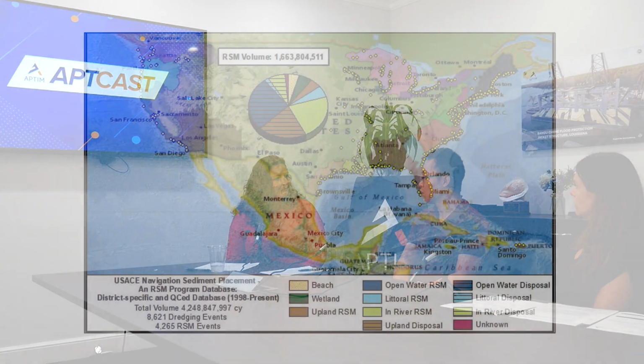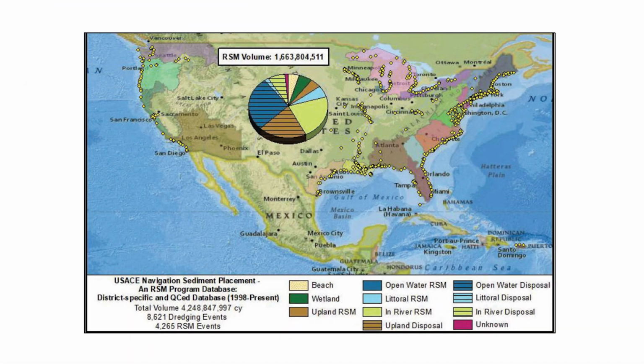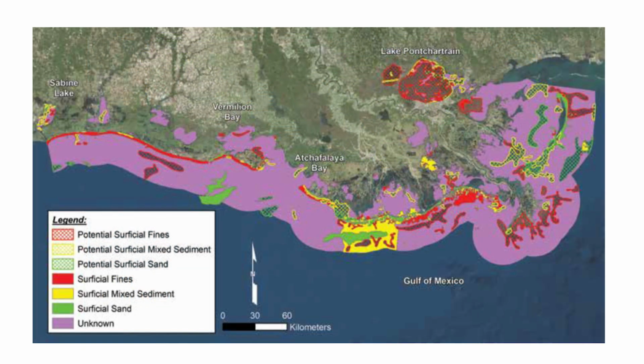So we want to either place the sand on the beach or place the sand in restored habitats. That's a beneficial use. So the program is trying to track all the beneficial use of those volumes and trying to improve the work we've done. We create a national map of each project location, showing what percentage of beneficial use has been going on at this location, and how we can improve the beneficial use of those volumes. It's just fantastic to hear about the work that APTIM's doing in Louisiana and Florida and New York,